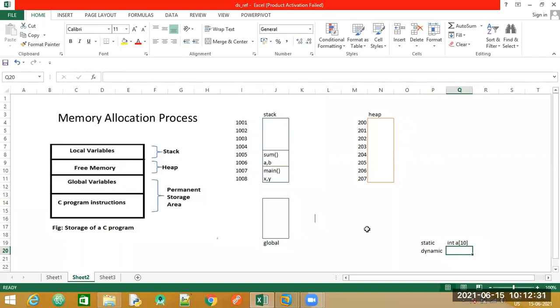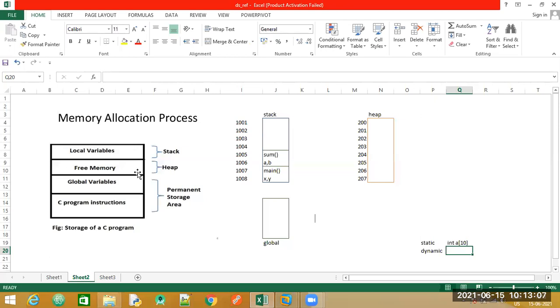Now, have a look at this memory allocation process. Pay attention to this theoretical concept, very easy. We have been talking about data types. We say that an integer takes 2 bytes or 4 bytes and so on. Even this memory allocation method is dependent on your computer's architecture. It is the task of your operating system how much memory to allocate and to which sector. Now have a look at this particular diagram.